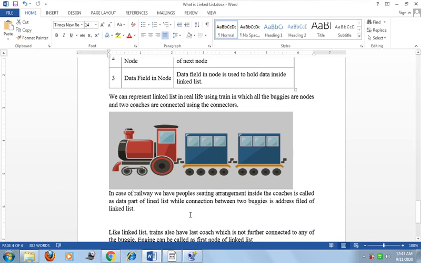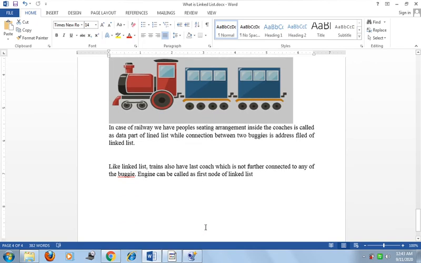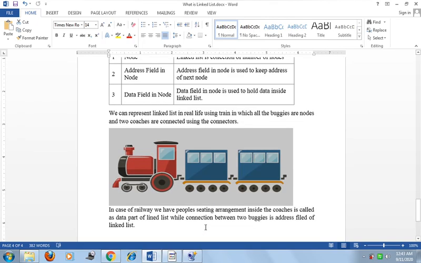A train also has a last coach which is not further connected to any bogie. The engine can be called the first node of the linked list. So in real life, this is a simple example of how a linked list is defined.